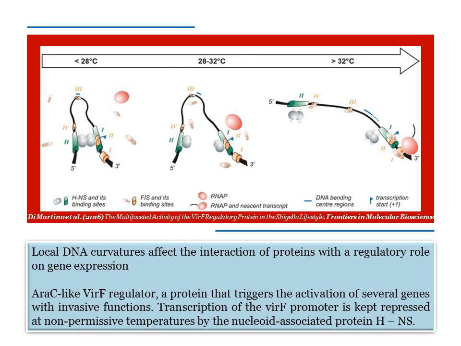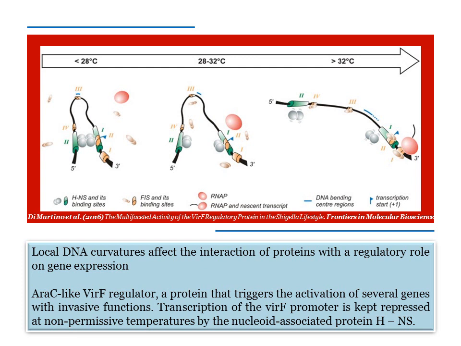VRF are proteins which are formed by pathogens, and when they thrive outside the host body, that is at the non-permissive temperature, the formation of mRNAs related to this gene is not done, and when they enter inside the host, experience a rise in temperature,